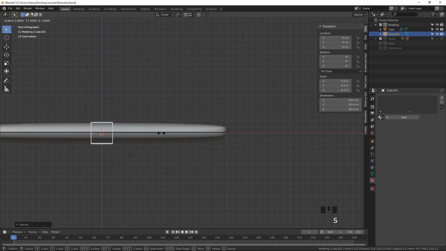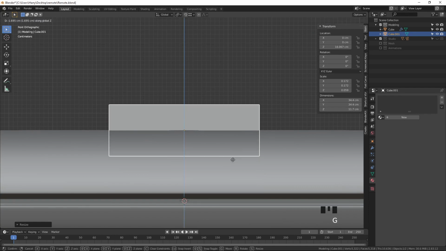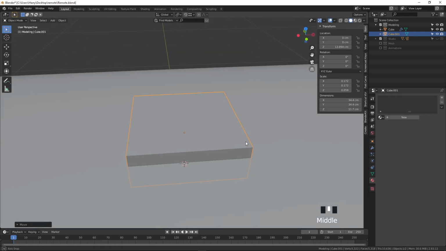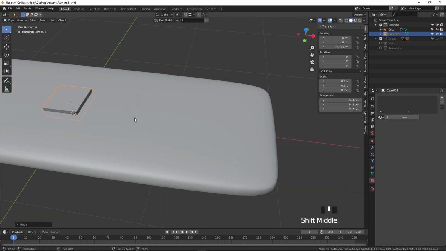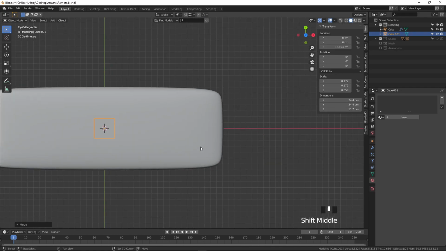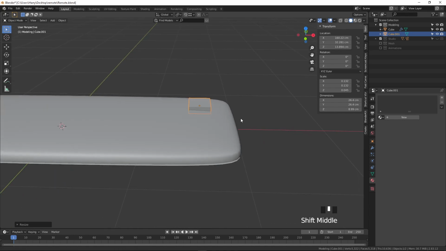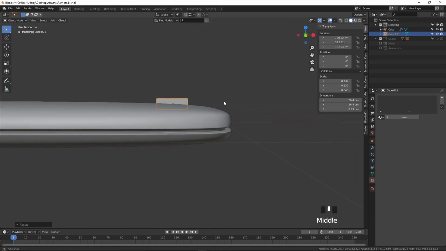Press 1 on the keyboard, scale it in the Z axis using the Z key, and GZ, again Z axis. Press the period key to zoom in, and GZ to hide the bottom levels. Press 7 on the keyboard, G to move, and scale it down again. Okay, this is enough. We have given a small, smooth object.